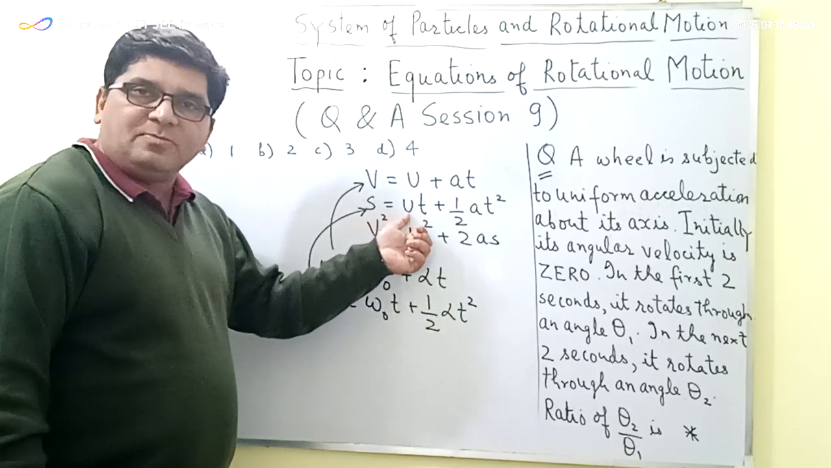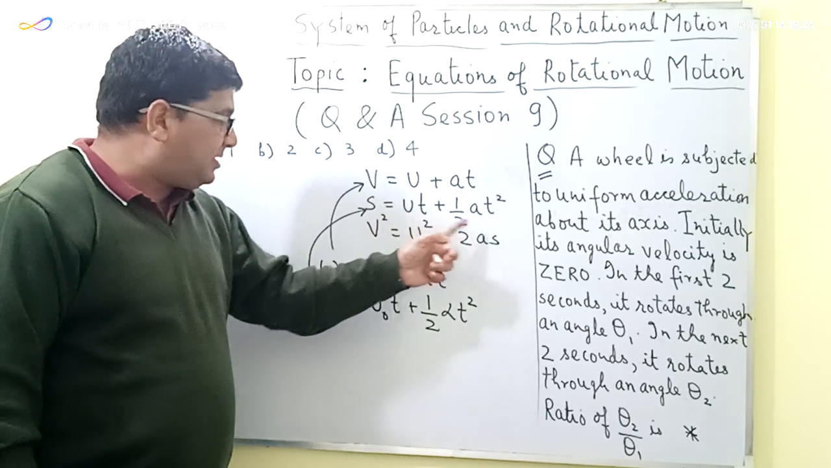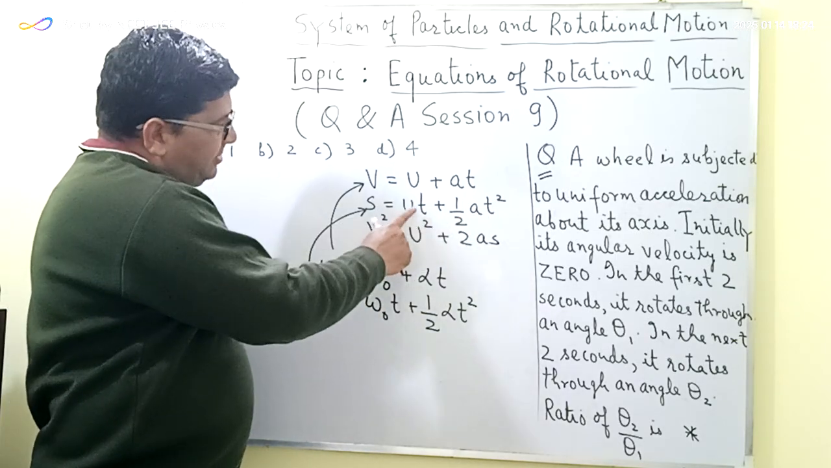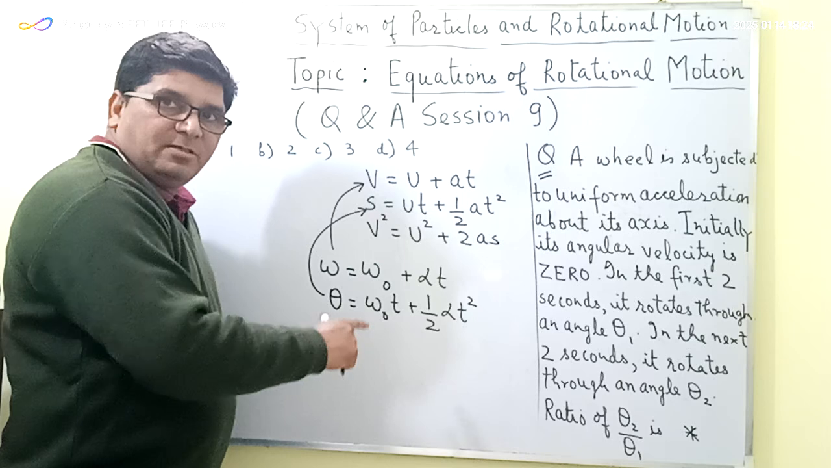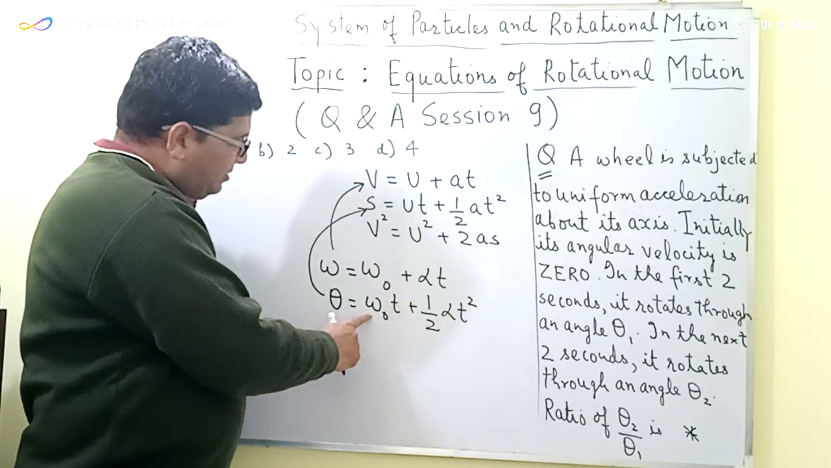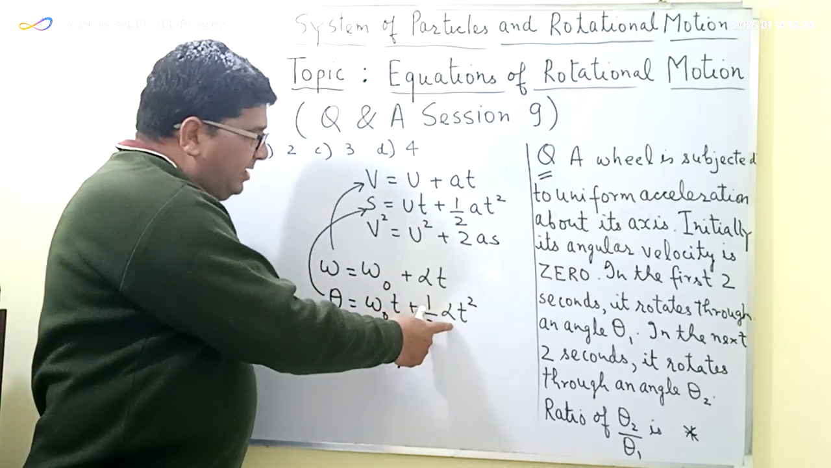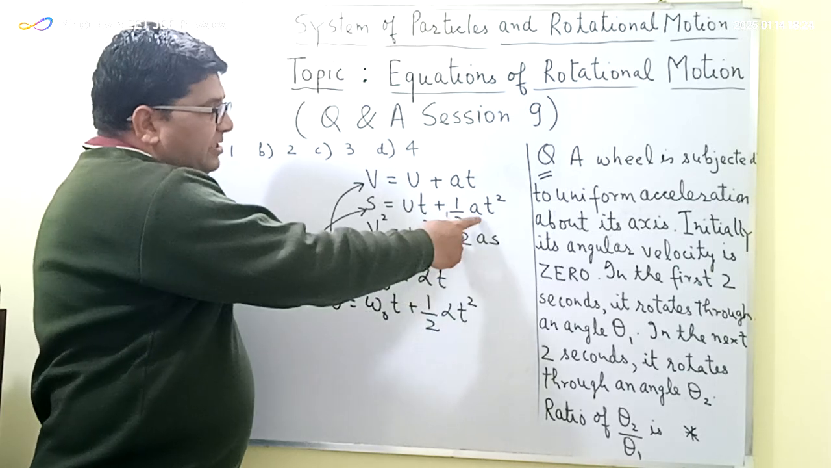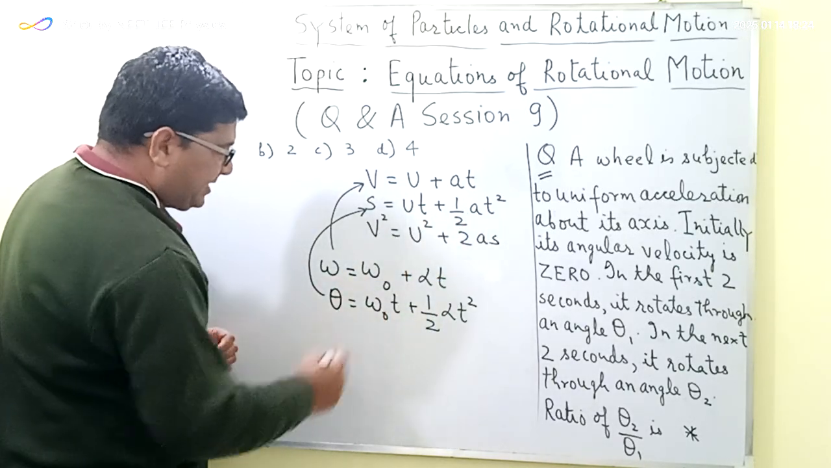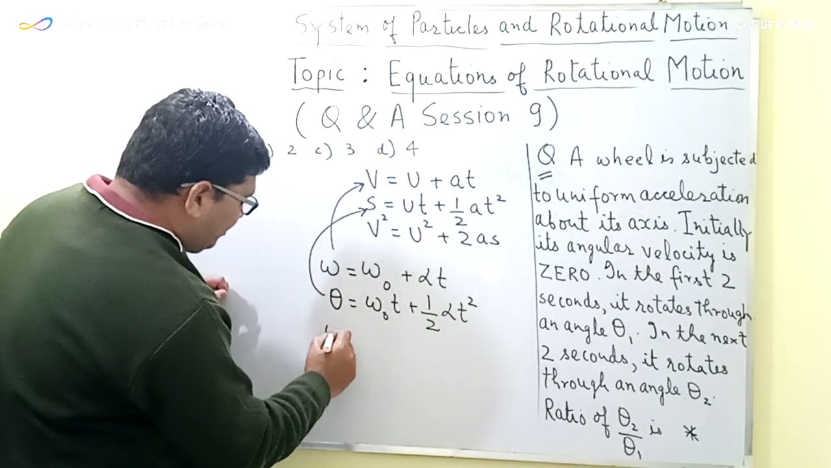So in the case of linear motion having constant linear acceleration, u is the initial linear velocity. And in the case of rotational motion, omega naught is the initial angular velocity. Again, t is the time. Alpha here is the angular acceleration. In the case of linear motion, a is the linear acceleration. So this is the second equation for the rotational motion,